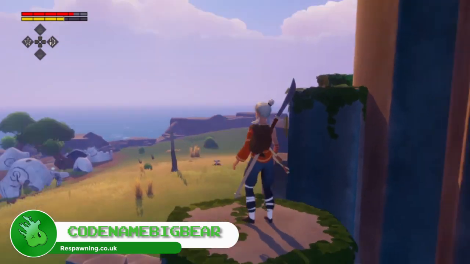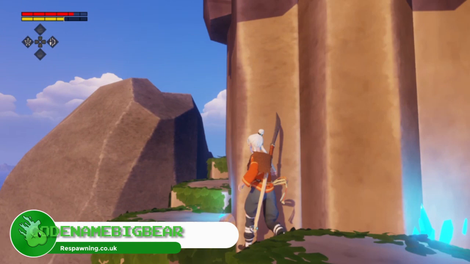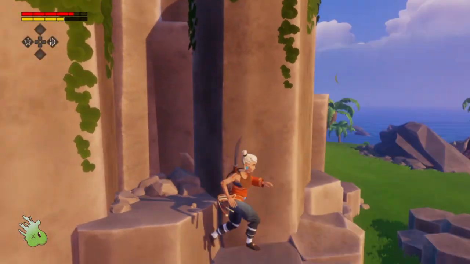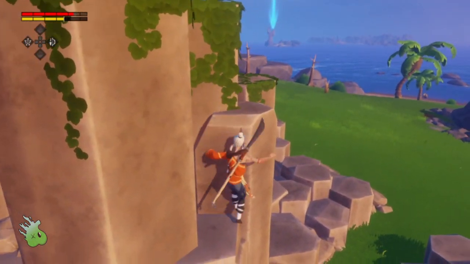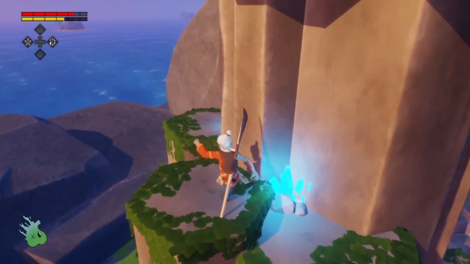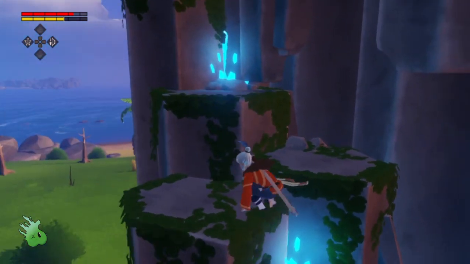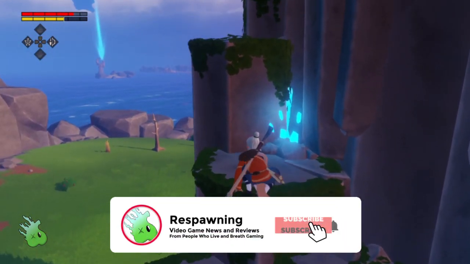So today I'm going to be talking to you about this game called Windbound, which is out today. So what is Windbound? Windbound is a game where you play as Kara. You are shipwrecked on an island and you've got to traverse your way island to island to unravel the mysteries of how you ended up there and how to get out and what happened to the rest of these islands,